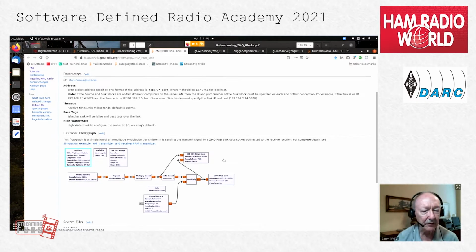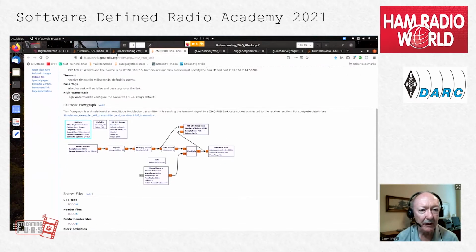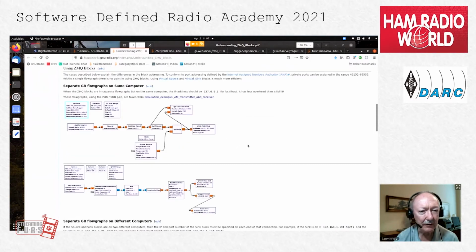So the first example here, go back to the tutorial. First example is actually taken from another tutorial called Simulation of an AM Transmitter and Receiver.